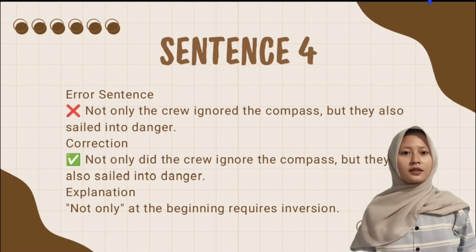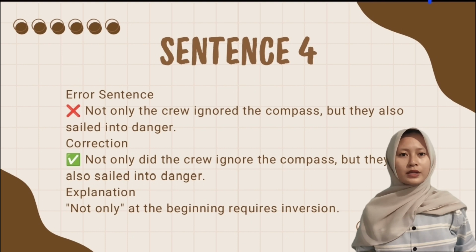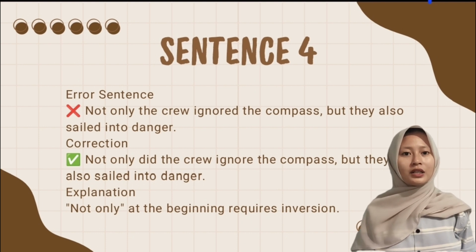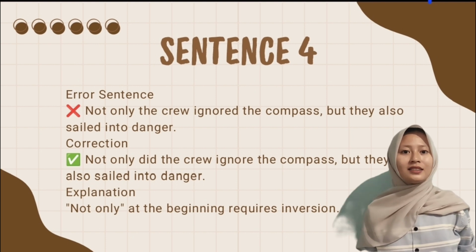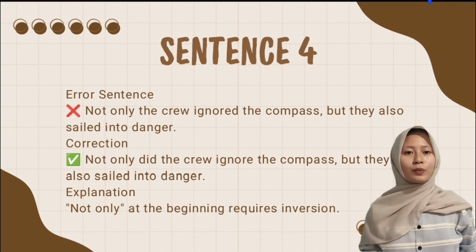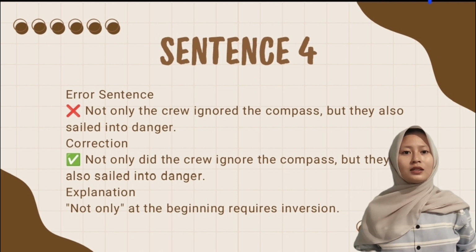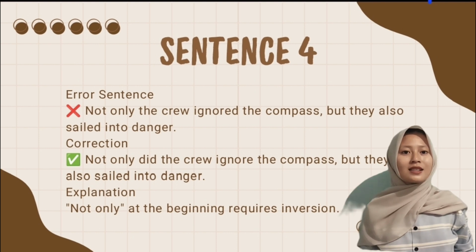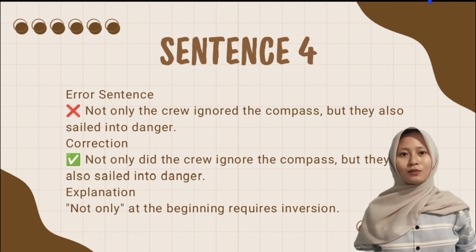The fourth sentence is, "Not only the crew ignored the compass, but they also sailed into danger." The correct sentence is, "Not only did the crew ignore the compass, but they also sailed into danger." This is an example of inversion. When a sentence begins with "not only," the auxiliary verb must come before the